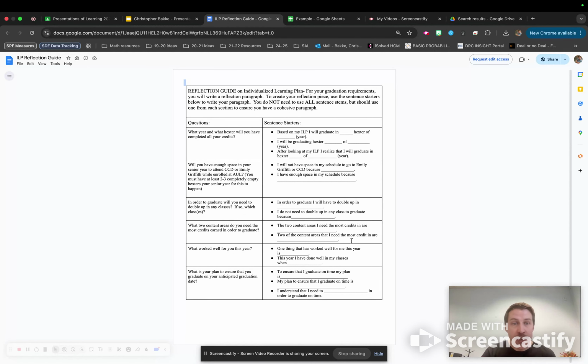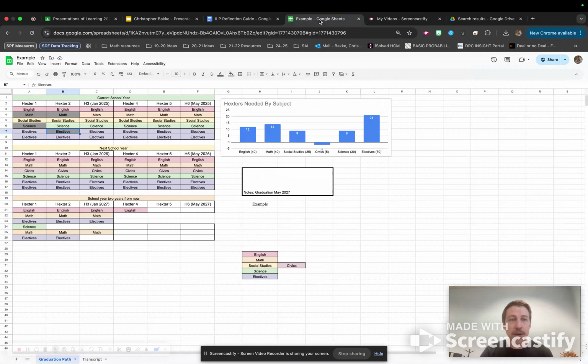Here we go. So, how to answer what year and what hexter will you have completed all of your credits? If you go back to your ILP, assuming that you get zero Fs and you will pass everything else that is on your graduation plan, you're going to go to wherever year still has little classes that you still need to pass. And in this case, this student is on track for finishing up in hexter 4